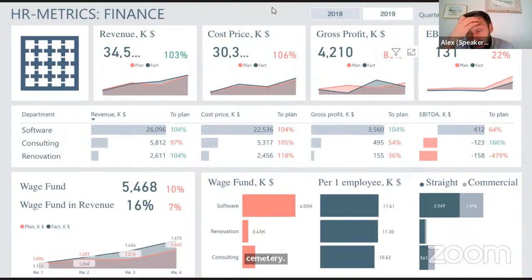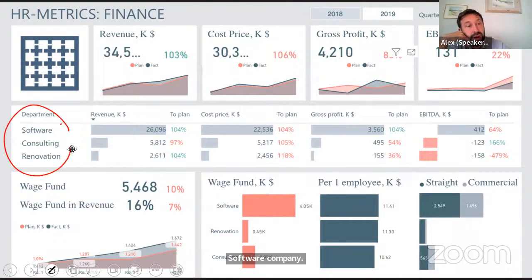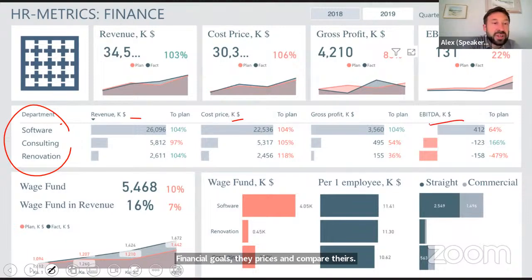This dashboard displays a brief overview of human resources metrics, their salary, wage fund, their payments by employee, for a software company by different departments, and how they achieve their financial goals, their prices, and compare their human resources expenses to their key financial indicators.